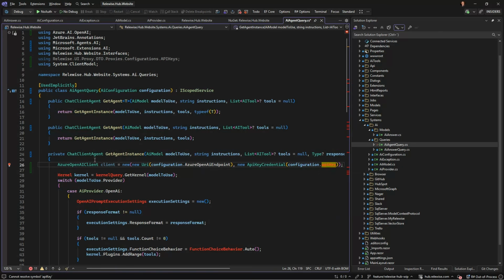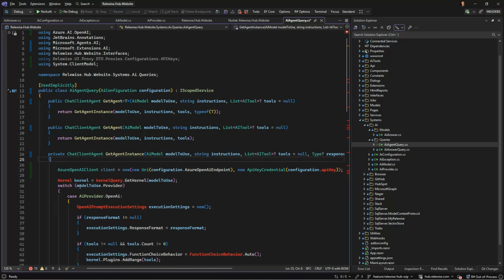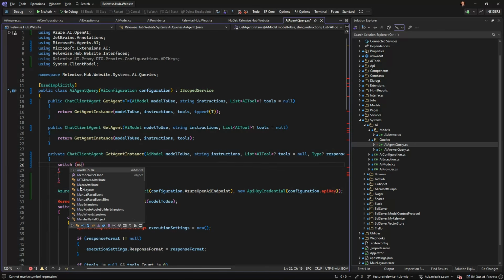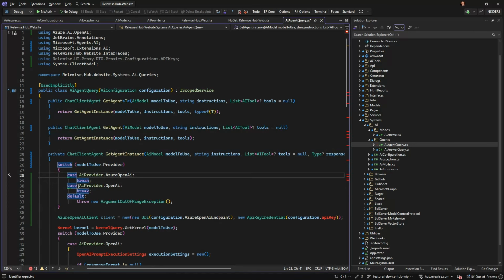I guess I need a switch here. We are probably gonna do. No, we're just gonna switch here. I don't think we need it too many times. So let's do a switch on our model to use that provider, because I have this extra thing of being able to use two different clients.